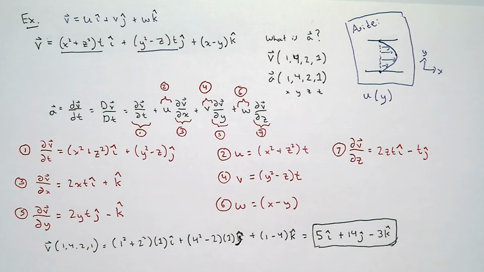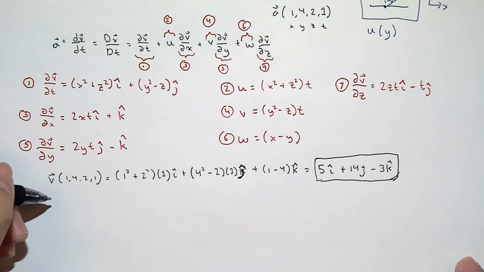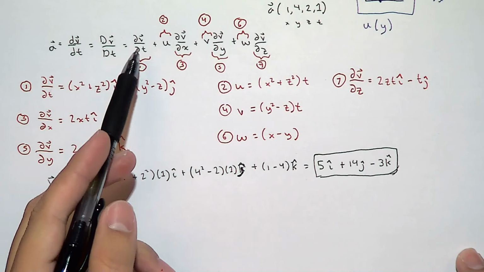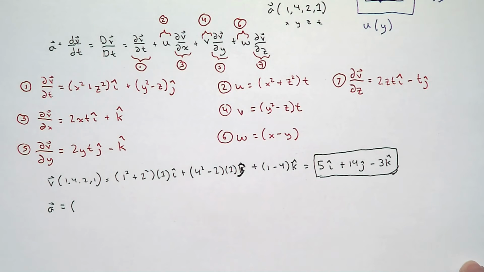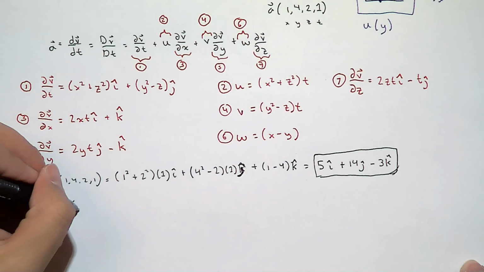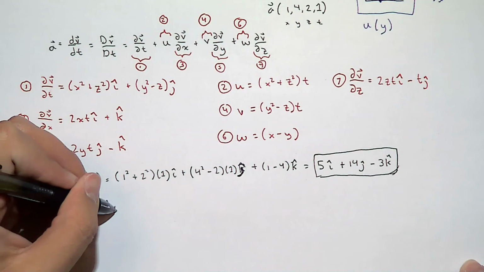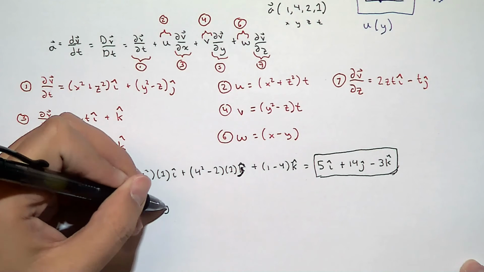Okay? Let's find the acceleration at point 1, 4, 2, 1. And for that, I guess we got to finish deriving our equation for acceleration. So we get that the acceleration of a fluid particle will be equal to the partial change in velocity with respect to time. So that is, and like I said, we're going to write a lot today. So that is partial v over partial t, (x squared plus z squared) i, plus (y squared minus z) j,